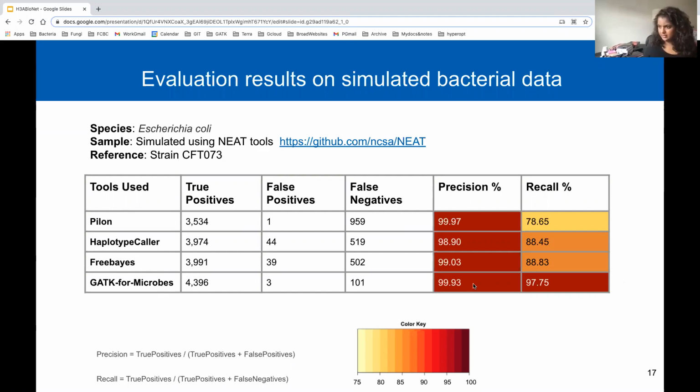And so as you can see, the precision for all four tools is almost similar, but GATK for microbes does much better with sensitivity and recall compared to the other tools. But the results that you're seeing here are on simulated data sets. Simulated data sets are great because with that, you know exactly where all the variants arise from and where the location of all the variants are. However, simulated data cannot capture the essence and the complexities of real data,